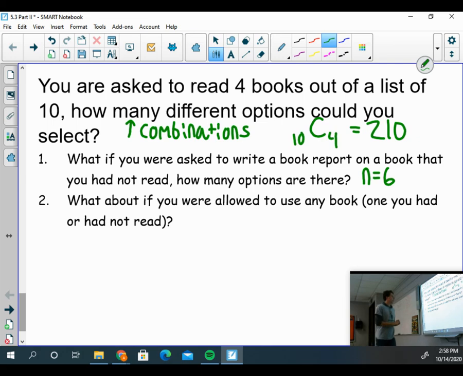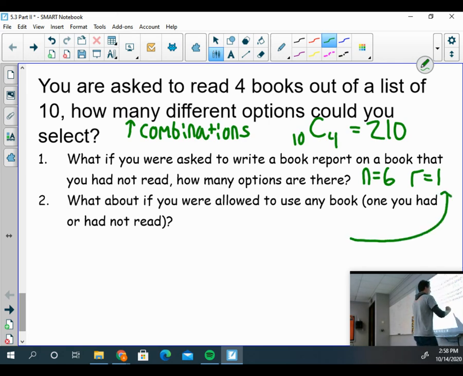I'm choosing 1 to write a book report on. Therefore, to find this answer, I am going to do 6C1. When I do this, I get a grand total of 6. There are 6